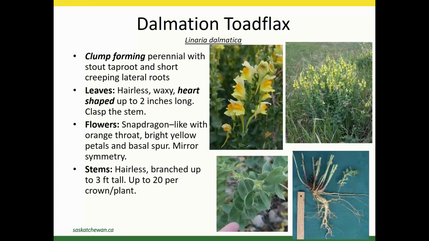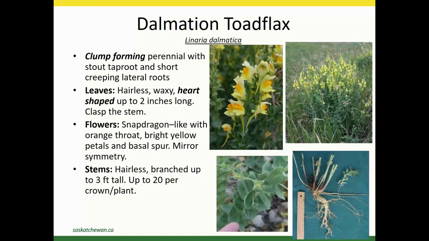Leaves are hairless, waxy, and heart-shaped, and you see that in the other bottom picture there, up to about 2 inches long, and they clasp the stem. The flowers are snapdragon-like with an orange throat and bright yellow petals and a basal spur. And when we talk about this, the mirror symmetry, that means that they're symmetrical from left to right, but not